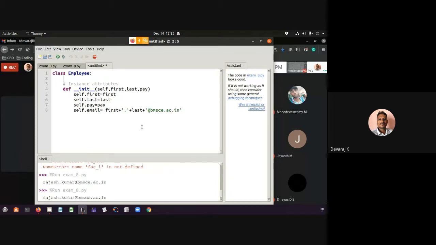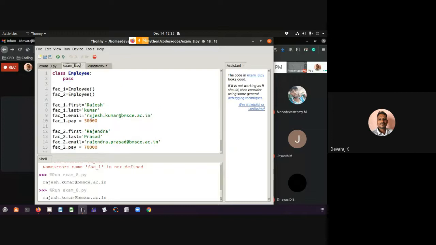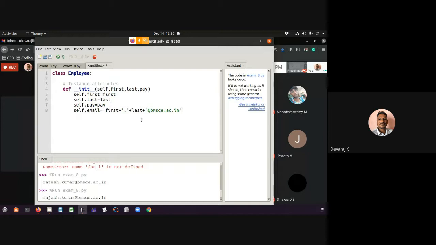Now, the same thing I could have defined with employee's first name, last name, all the things. What I have defined here, I can do simply using this methodology. I can call, say for example, faculty 1 is equal to, E belongs to which class?